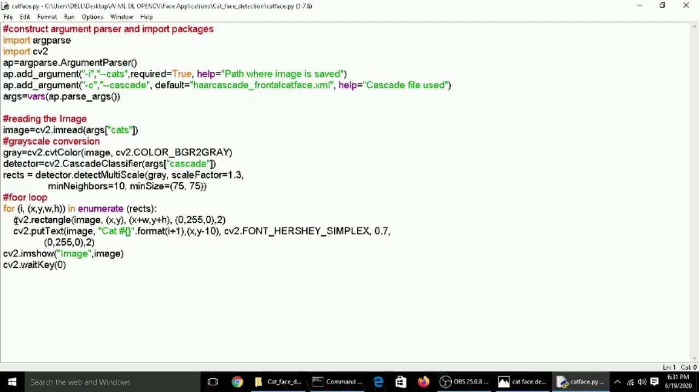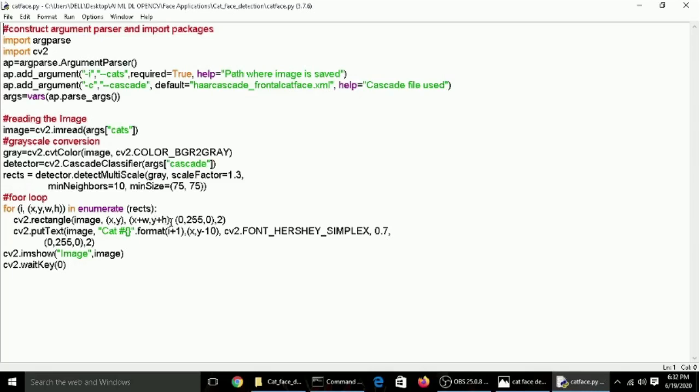So for drawing the rectangle on the image, we have the function provided by cv2, that is cv2.rectangle. In that we will pass the image which we are going to pass during the execution, then the x, y coordinates, then we will also add the width with x and h, that is the height, with y.